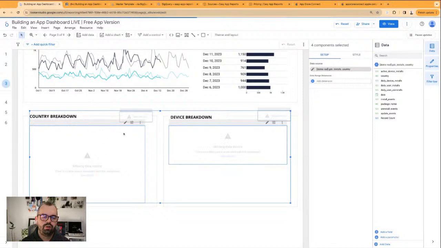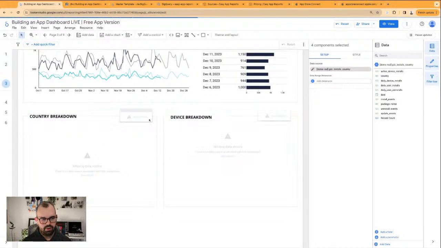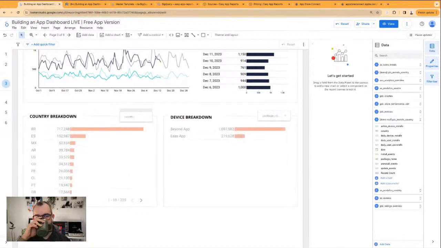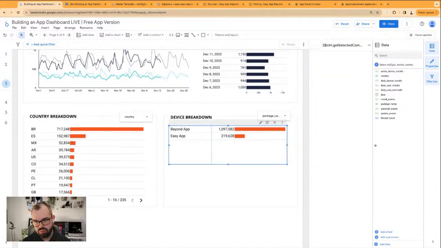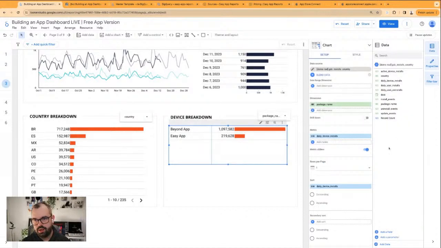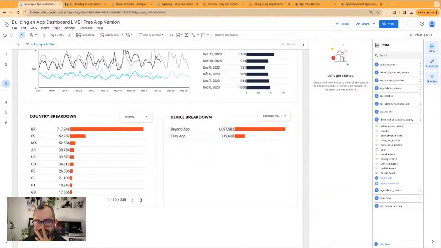So it's going to try to reconcile. Let's see what it does. Yeah, for example, here you can see that there's no device. There's no device. Let's look at